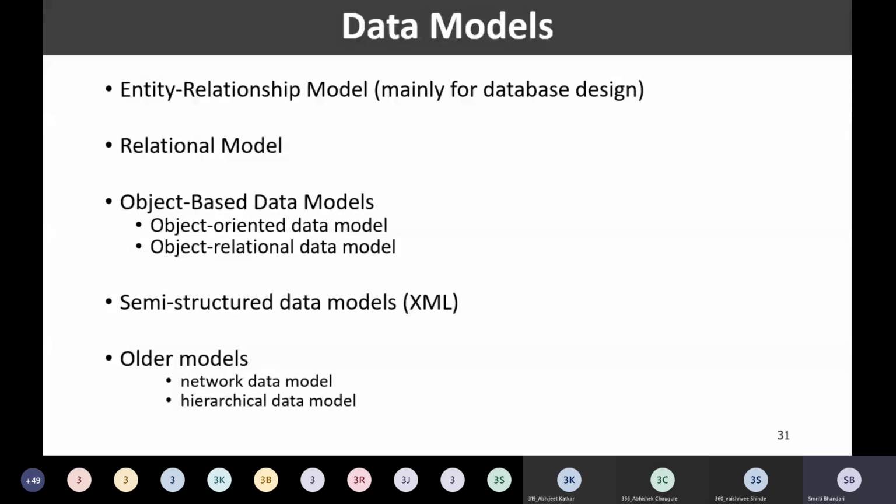Nowadays these kinds of models are not being used. So we are not going to discuss them, but this is only for your information that prior to the ER model and the relational model, there were a few older models, the network data model and the hierarchical data model. That's all. So I hope you must have understood the data models.